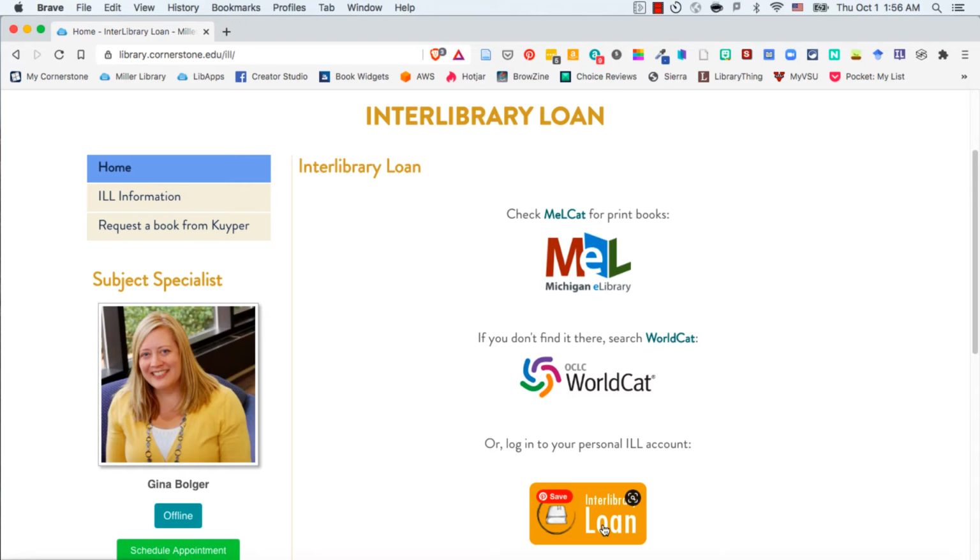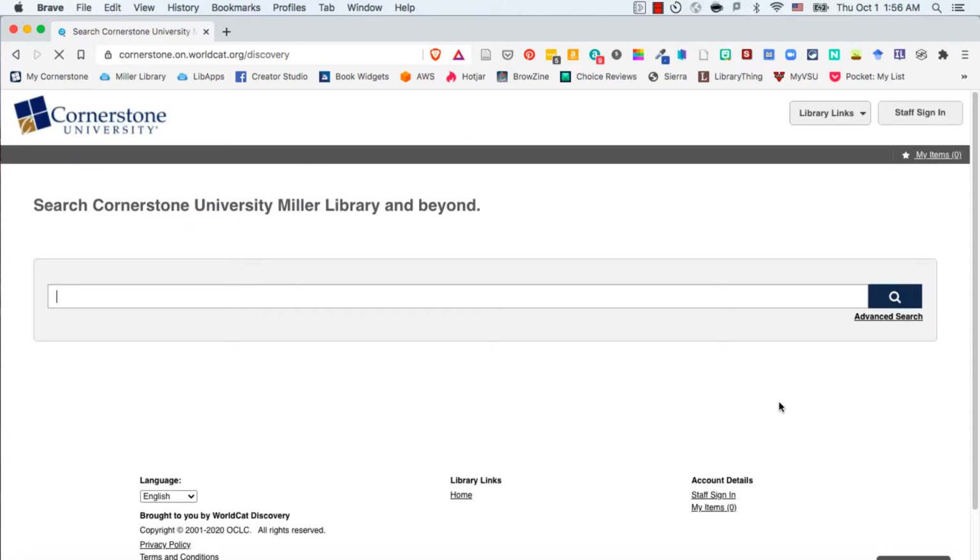And you can conduct a search using their search engine or search box in WorldCat. So WorldCat is the same thing as MelCat, but again, connecting libraries across the world. So it's one search box that you can use to search all the collections, the catalogs of libraries who participate in the interlibrary loan service. So here you could conduct your search, and as the results come up, then if we just type in counseling,